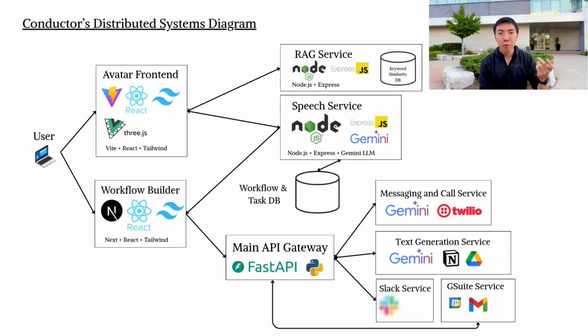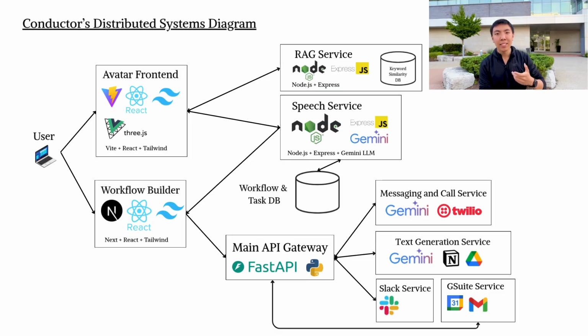Conductor has a sophisticated and robust distributed system. The user interacts with two front ends, one built using Vite and React for the avatar, and the other one in Next.js for the workflow orchestrator. Essentially, for the avatar, it runs on its own backend and its own RAG service, which means that it has accurate responses and relevant responses for users and enterprises. On the workflow side, we have a huge API gateway connected to many different API microservices,